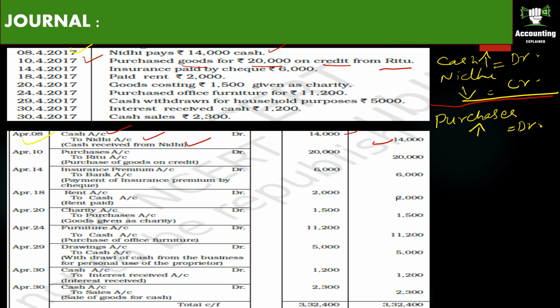Purchases on credit, no? So on credit means Ritu. Ritu becomes our creditor. Creditor is a liability. So we are liable to pay her, right? So when the liability increases, we have to credit Ritu. So the entry on 10th April is purchases account debit 20,000 to Ritu account 20,000. Purchase of goods on credit. So next entry on